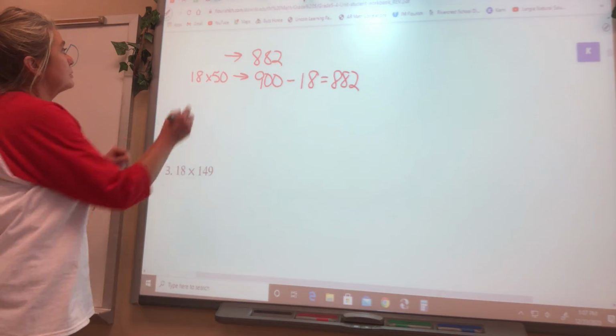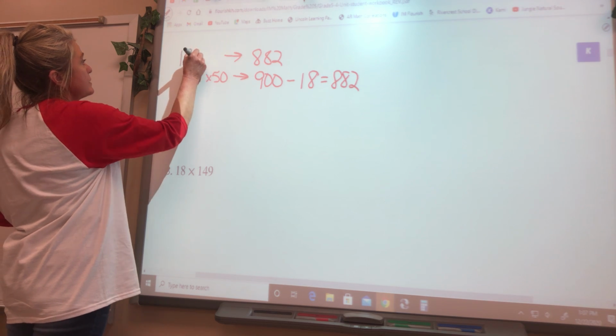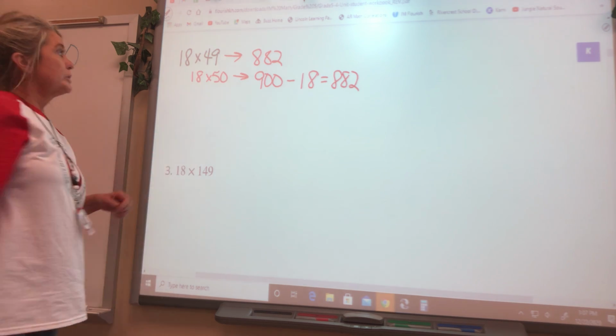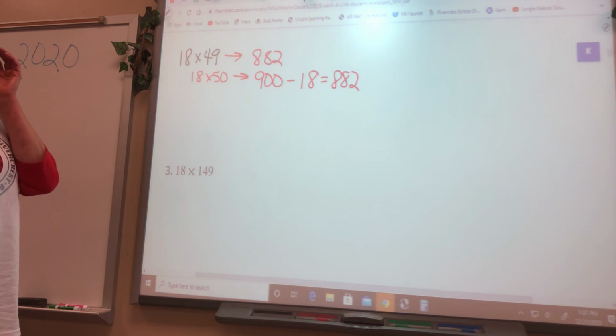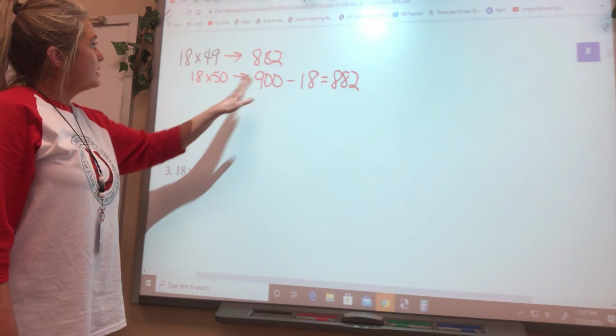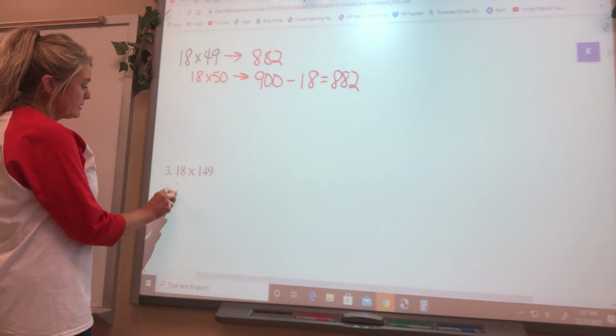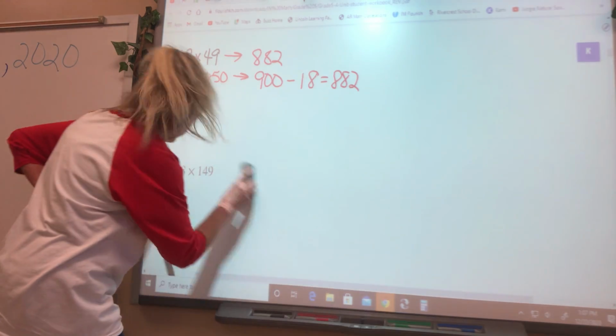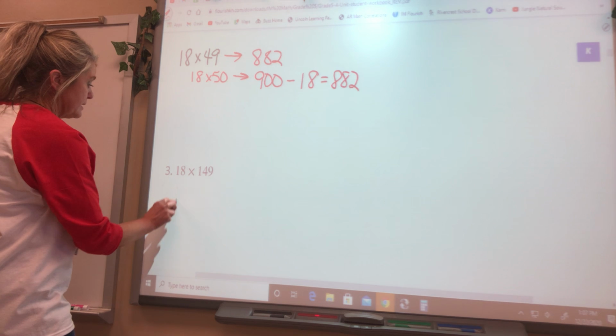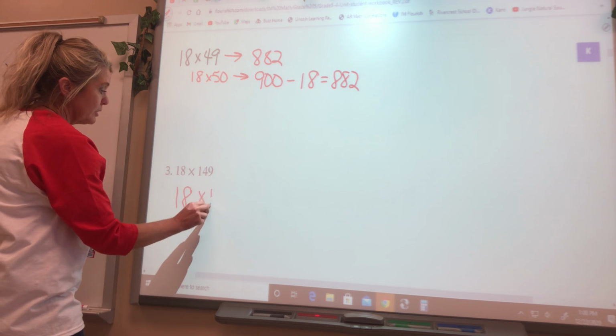The original problem was 18 times 49, and we estimated up to 50 so that we could use quick math, and we took one of the 18s away. Okay, so now, use red again, if we look at this as 18 times 150,